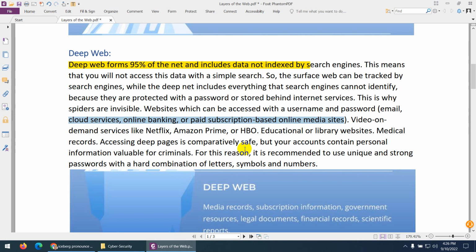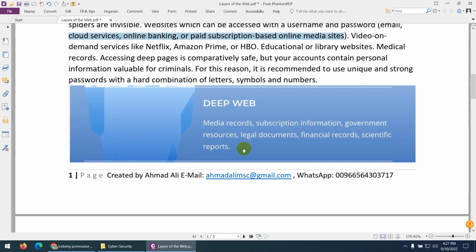We call them the deep web. So these come under the deep web, and they require a username and password. So medical records, subscription information, government resources, legal documents, financial records, scientific reports, all these come under the deep web.